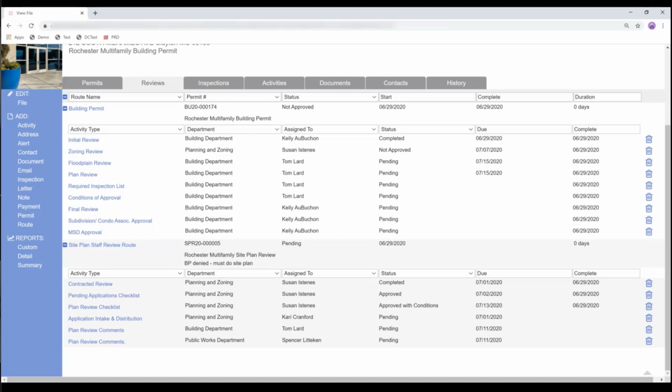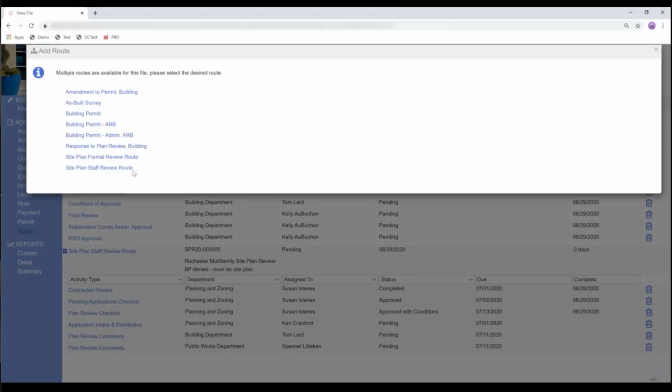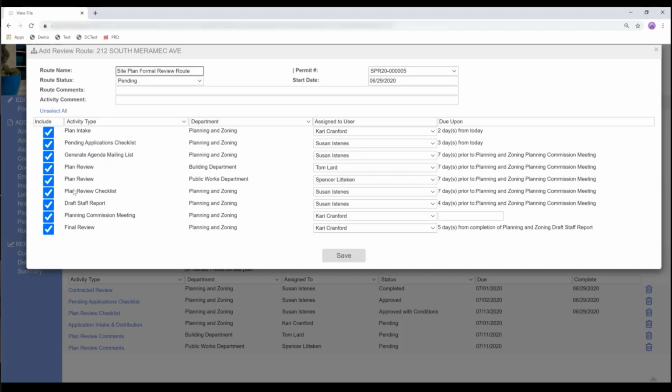So in this workflow, this is the staff review route, and they actually have this other route that we can assign, this site plan review formal review route. So when we look at this, this has the plan review checklist, this has the draft staff report, this has the planning commission meeting. So when they have these sorts of activities on the workflow,